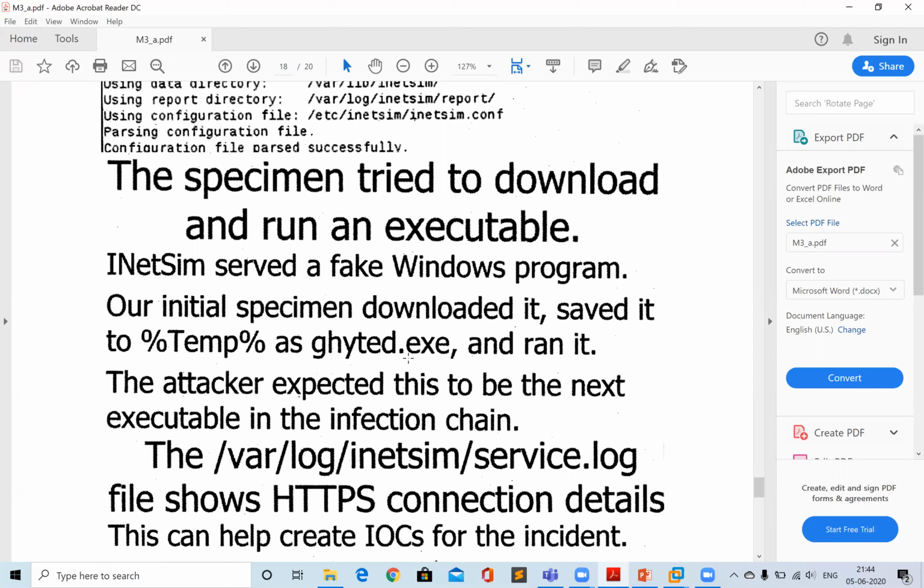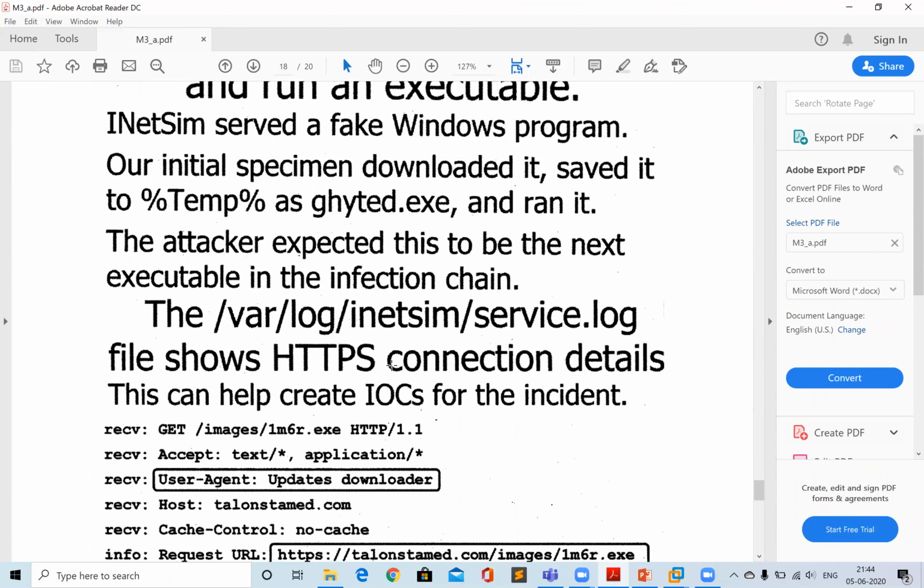And INetSim will be clever enough to respond with a fake executable, and the guide will think it has got the original one, and then it will execute that for you. Okay, so let's quickly go to that.